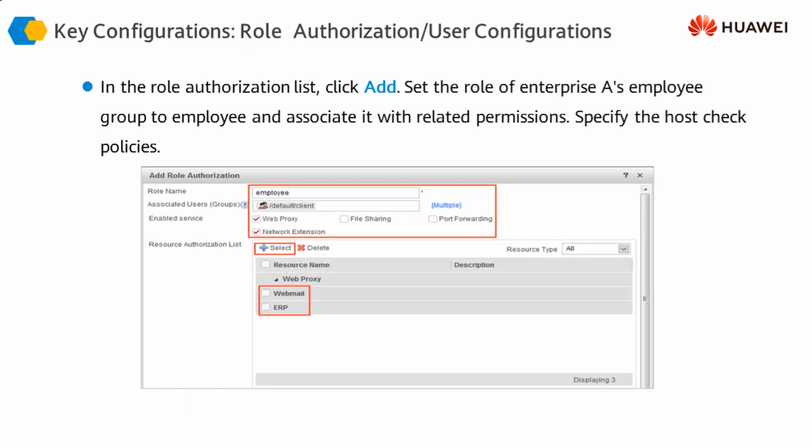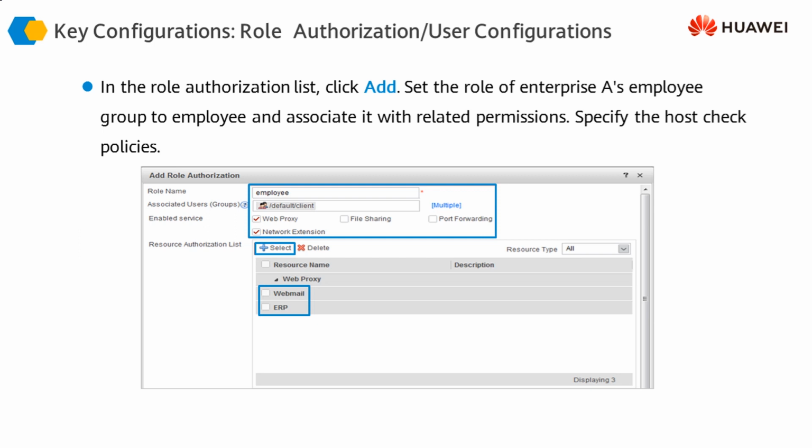Then this is for the client authentication. When we configure the client authorization, we configure what resources the client is allowed to access. As you can see, we can select the resources, and we have selected the resources here. They can use web proxy and network extension, and then what exactly they can use from the web proxy services. So you configure the authorizations for different clients or client groups here, and depending upon the successful authentication, all those resources will be made available to the client.